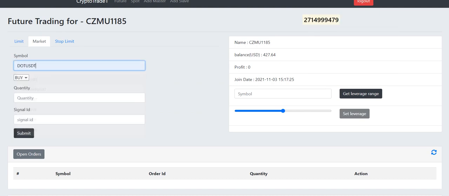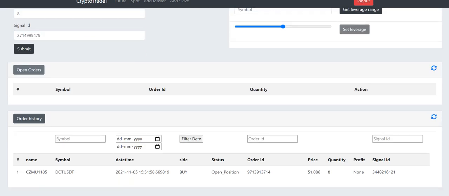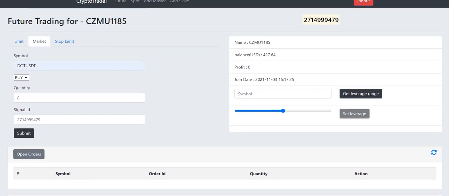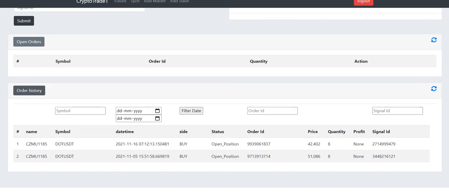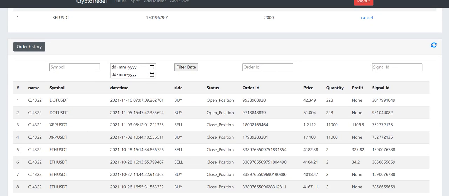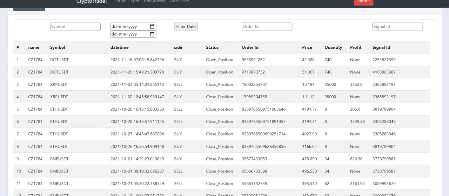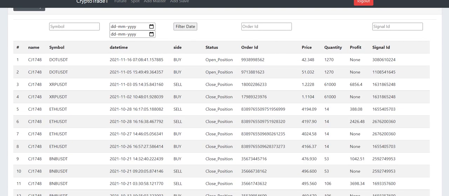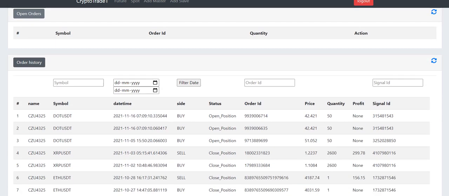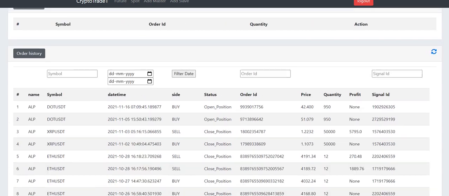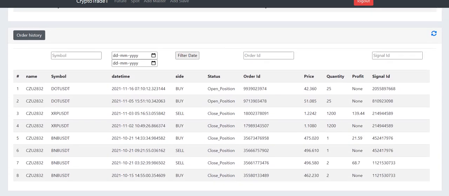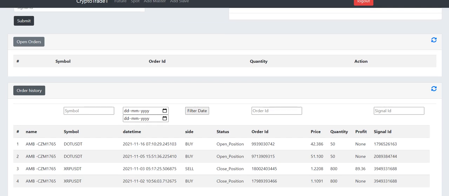All these details, the quantity and the signal ID, each and every detail you can check. Depending on their ID, once we add a quantity and the signal ID and hit the submit button, the same amount of quantity is going to profit. You can see the client has a little less than 500 capital, and they are still able to take trades with this futures trading, where only a small risk is taken and profit is delivered into the client's account. Different IDs, name, symbol, and each and every detail we are adding, the open and close positions you can also cross verify, and we are going to add more details on this side.